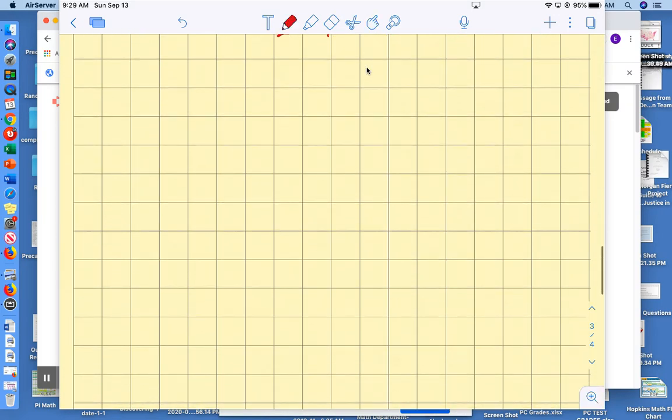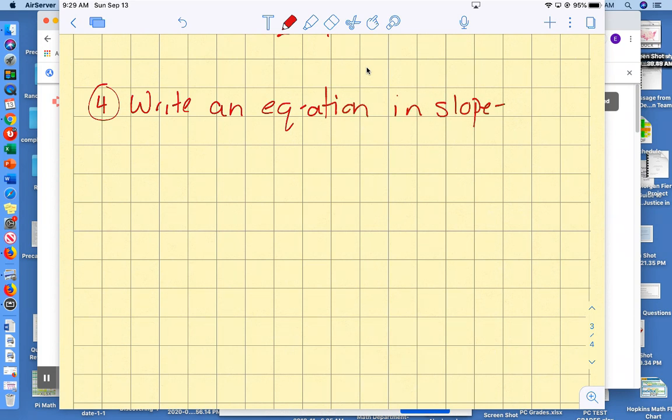So now we're going to talk about writing the equations. So if I said write an equation in slope-intercept form, and I'm going to do some abbreviations here. And we're going to look at two like this. So I'm going to put letter A. So the first one, let's say we have